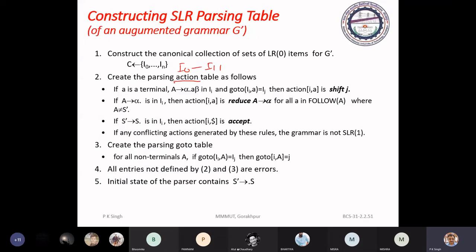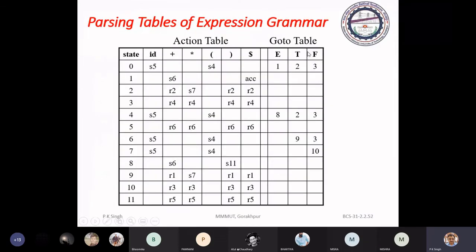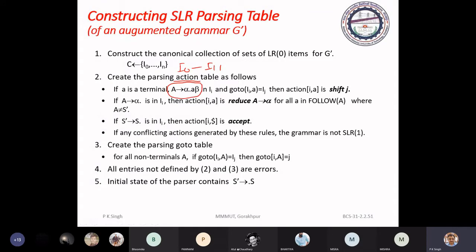First, we identify this type of item. What is special in these items? We have a dot just before a terminal symbol. A is a terminal symbol. A2 alpha dot A beta is an item.